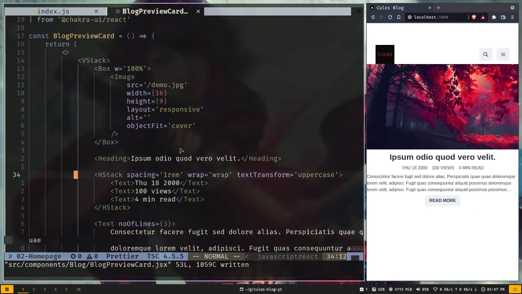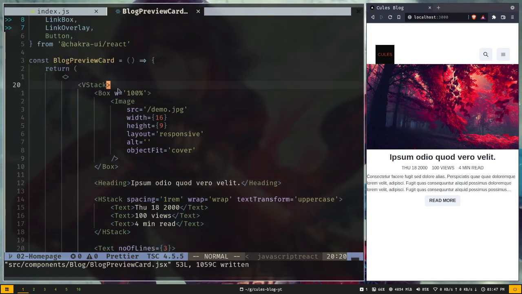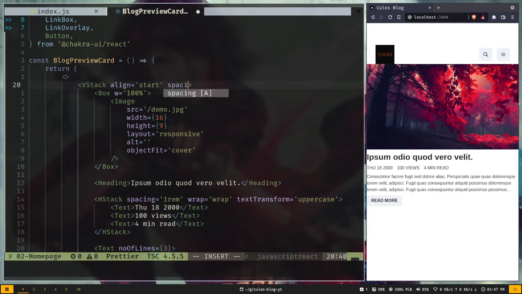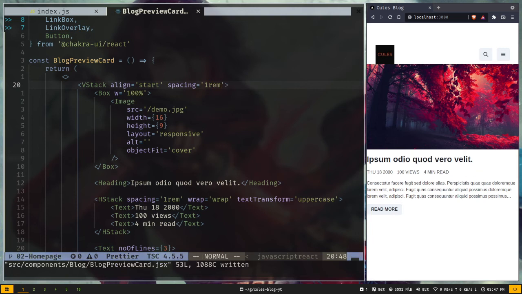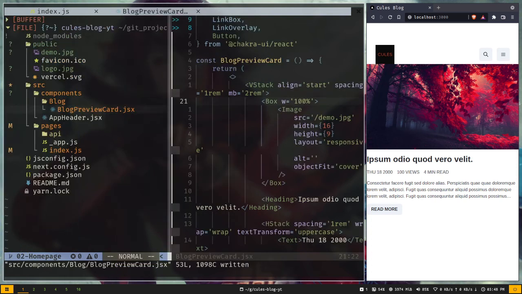And you can see all of the children of vertical stack is at the center. We want them to be at the start, so we can pass a prop on the vstack component, which is align to start. Okay, and I will also add some spacing of 1 rem, and also I will add some margin to the bottom MB. The value will be 2 rem,